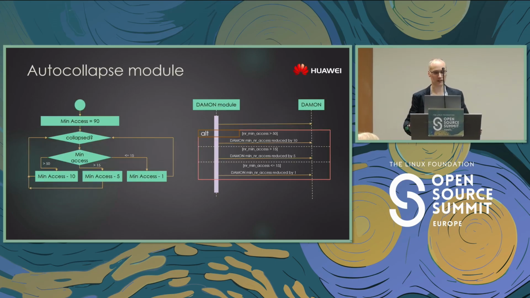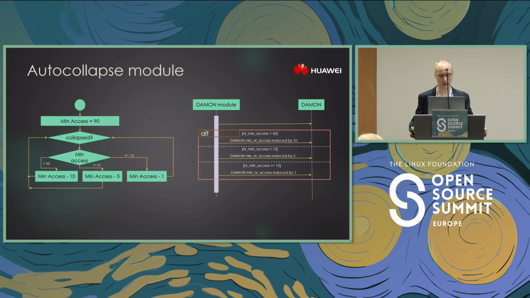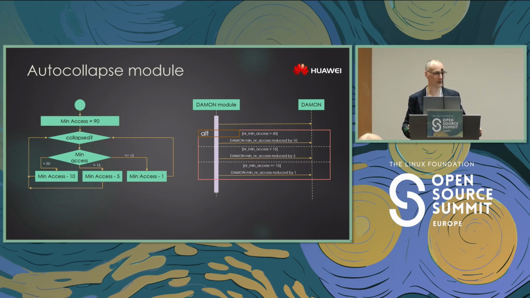So we work in a module that I hope we will release in open source soon. I mean, it's quite buggy at the moment, so we don't have anything stable to release yet. But we created a module. What you see there on the left and the right is just different ways of expressing the same algorithm. But we created a module that sets a really high minimum amount of accesses for that region and checks if